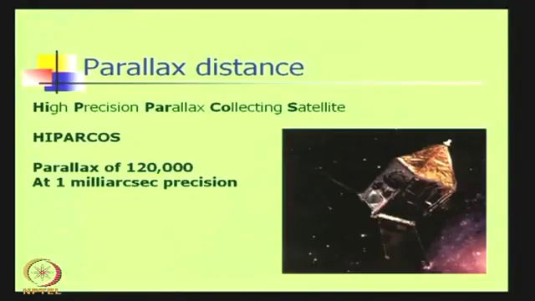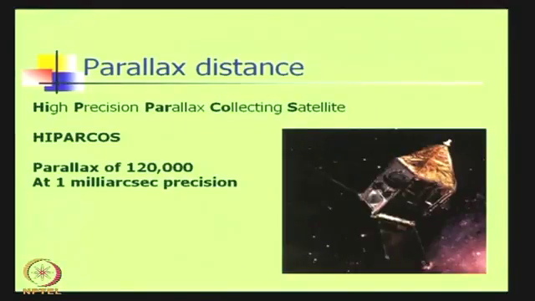So this satellite could determine parallax to 1 milliarc second precision, and it could determine the distances by this method of 120,000 stars in our own galaxy. So historically and even at present, the first step in the distance ladder